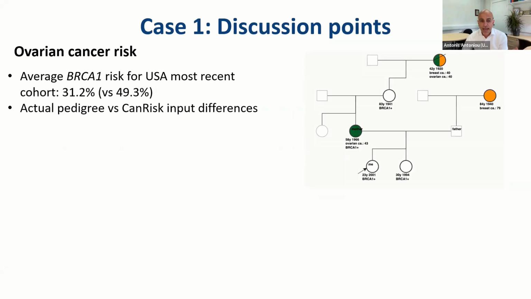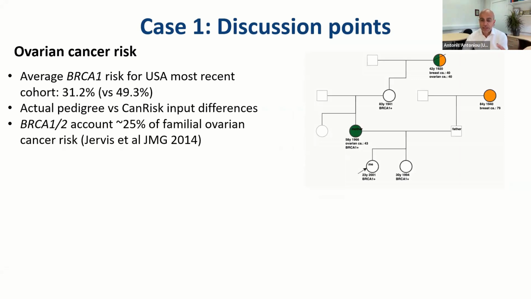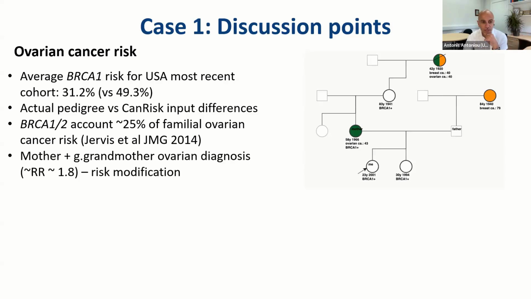There are the differences in the fact that we are not considering the unaffected individuals, but also the risks of ovarian cancer are modified by the family history of the disease. They are not fixed just because someone is a BRCA1 carrier. The risk will vary depending on family history as well, because those mutations don't explain all the familial aggregation of ovarian cancer. So in this case, the fact that she has a mother and a great-grandmother diagnosed with ovarian cancer,